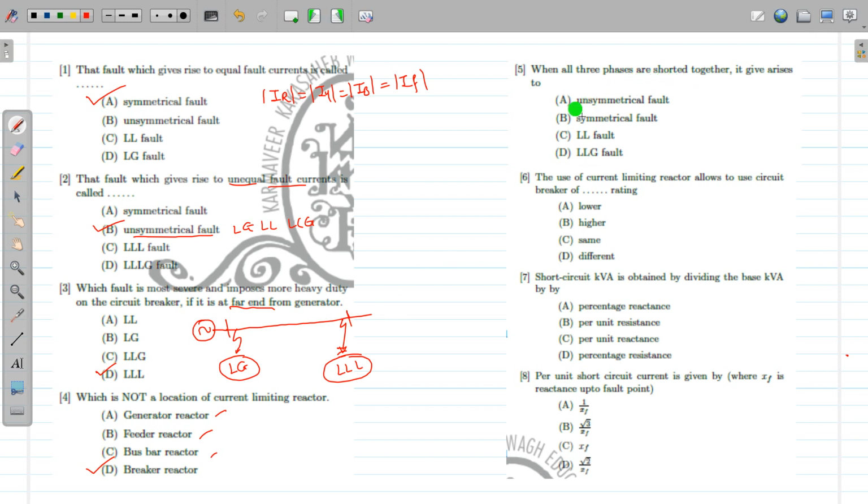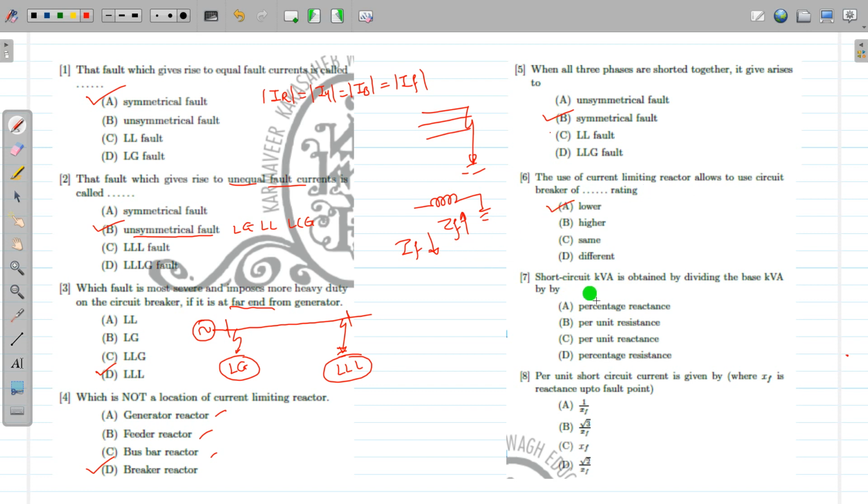When all three phases are shorted together, it causes the symmetrical fault. We know that if a current limiting reactor is inserted in series with the fault, the fault impedance increases, hence the fault current reduces,